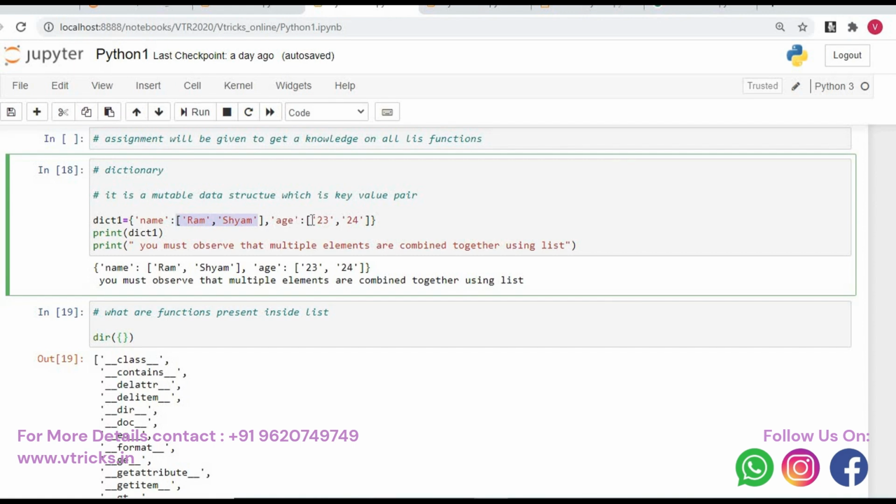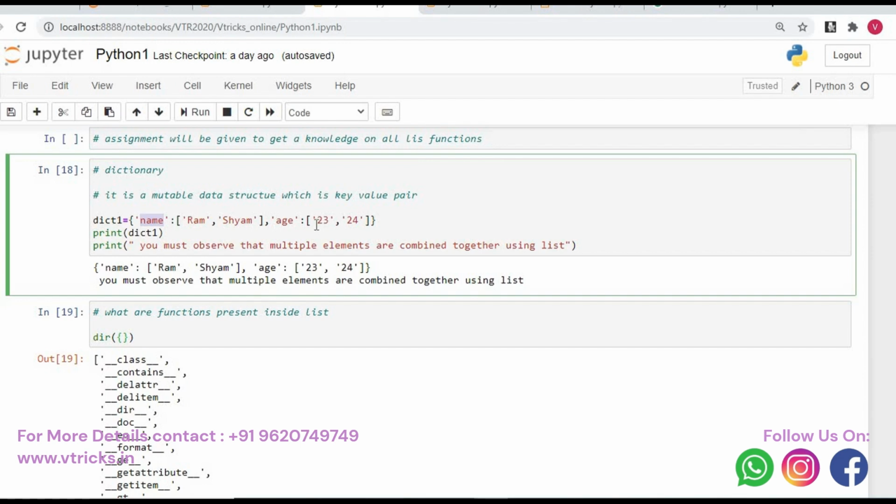You must understand this very carefully: whenever we combine multiple elements, you have to use a list. What is a list? A square bracket. I am combining Ram and Shyam, so I am using the square bracket. So name is the key, and the values are Ram and Shyam. I put a comma, then age is 23, 24. This is how we create a dictionary.